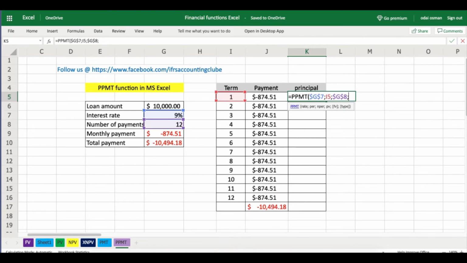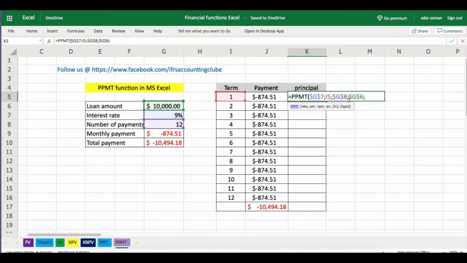The present value would be that 10,000. So you need to apply it with dollar signs again, cell J and dollar sign 7 or 6, sorry, the payment,